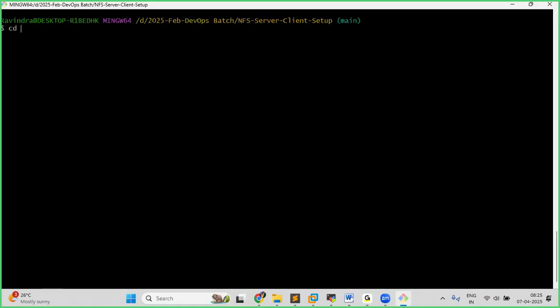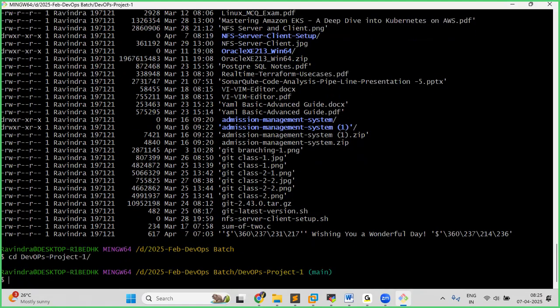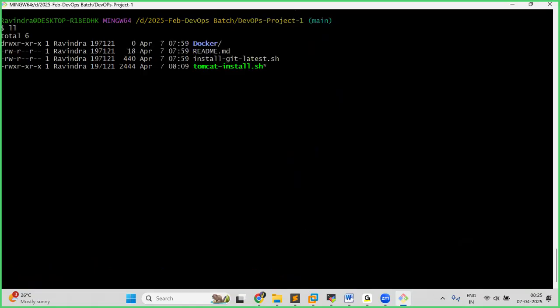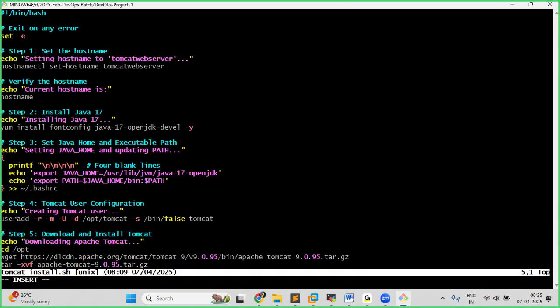Okay, now come out of this repository. We are in one repository and we already have one more repository, DevOps project 1. This is our existing repository from DevOps February 2025. Okay, now these are the files. Now let me modify tomcat install.sh. I'm modifying this to set the hostname,